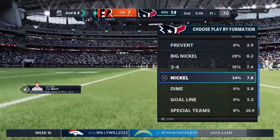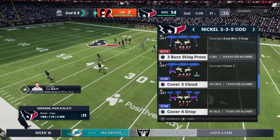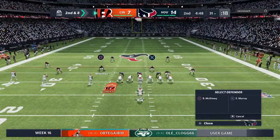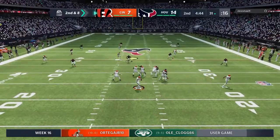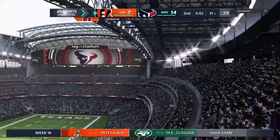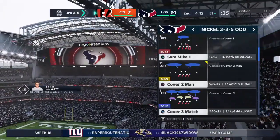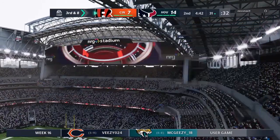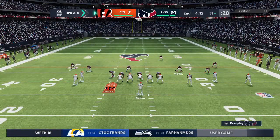Well, any lane that might have been open there was closed pretty quickly, and that was because the defensive front, they won that battle at the point of attack at the line of scrimmage. They used great leverage, held their spot, and stacked him up. And his throw's going to be incomplete. A lot of times it's that first read that you have. Maybe you get it in pre-snap, and he locked in on his target, but he was covered quite well, and that one's incomplete. So the failure to connect on second down, that leaves him staring up here at a 3rd